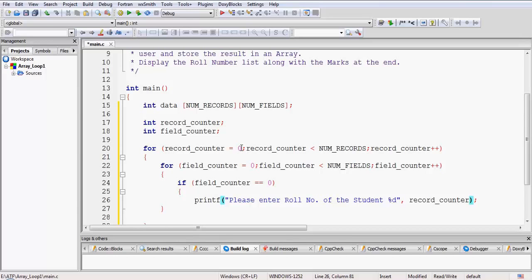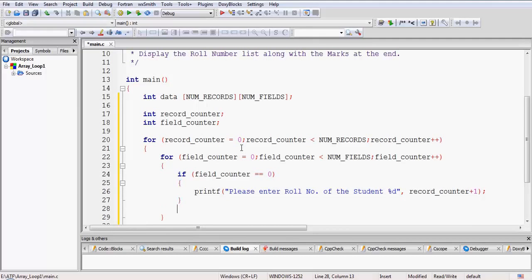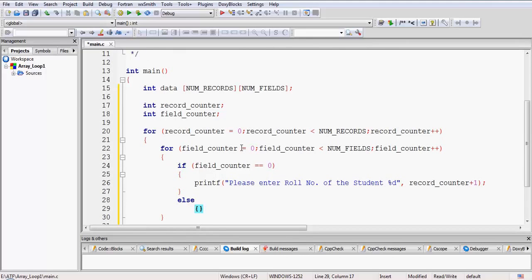For a user, the first student should always be numbered as 1. So to make it clearer to the user, we can always add 1 while printing. Okay, so it will be more clear to the user. So here it's done. Okay, so now in the else part, what we have to do is, in the else